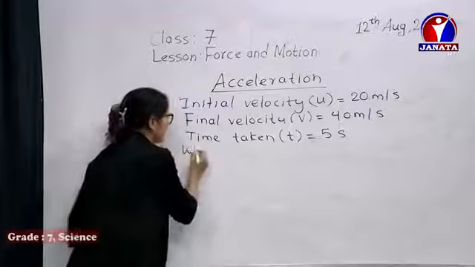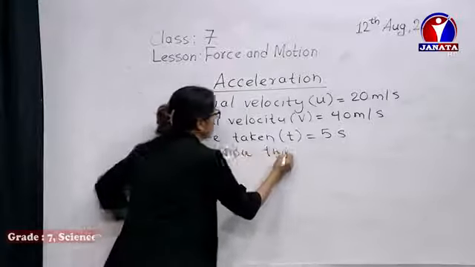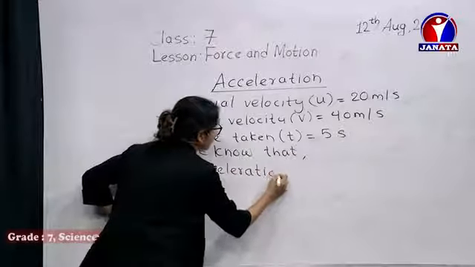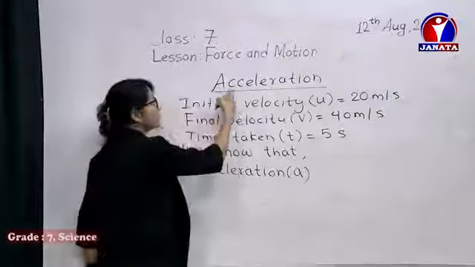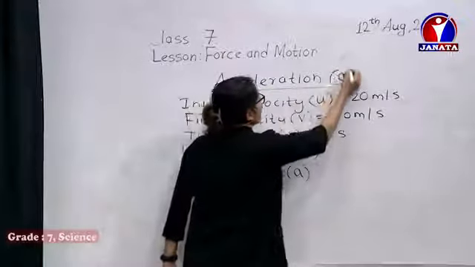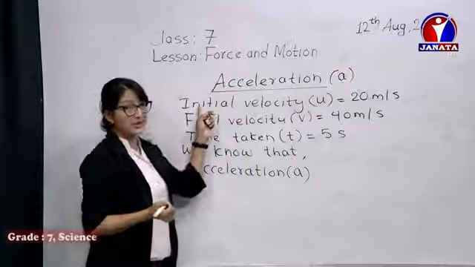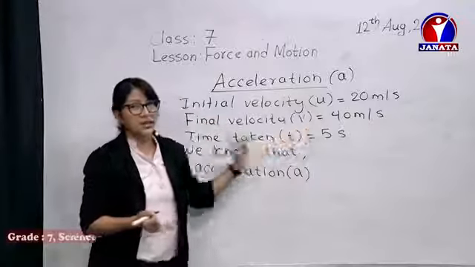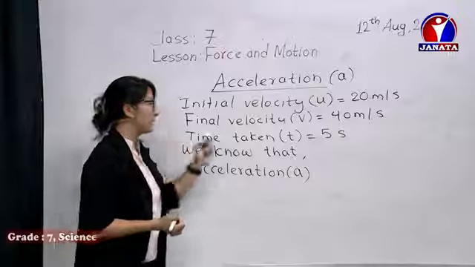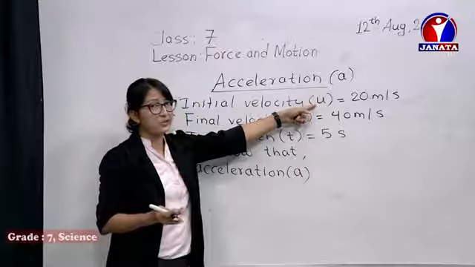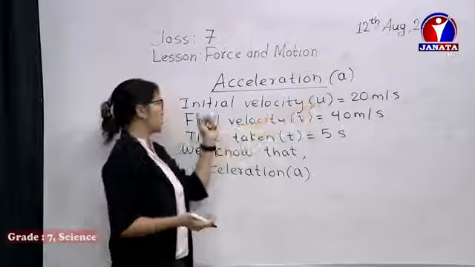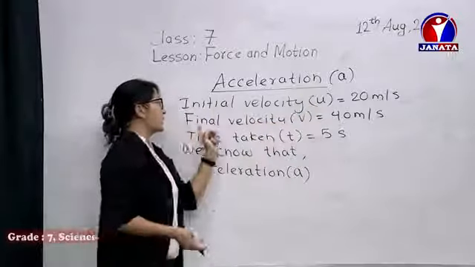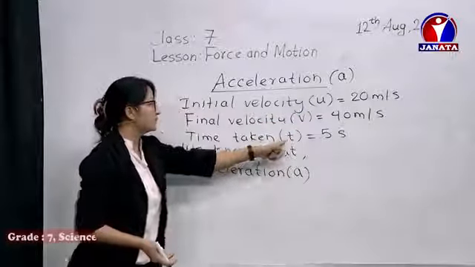As we know, just now we learned the formula for acceleration. I've already said acceleration is denoted by the letter A, and once again, initial velocity by U, final velocity by letter V, time taken by the letter T. To remember, like we say U, V, W, X, U comes first. In a similar way, initial velocity is denoted by the first letter U. Final velocity, the last one, is V, T, and then A.